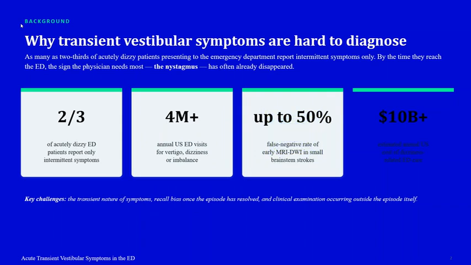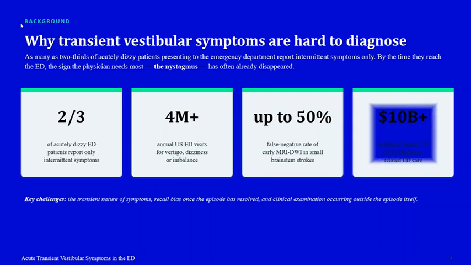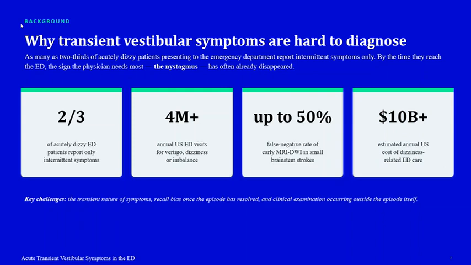Up to 50% false negative rate of early DWI MRI in small brainstem strokes has been documented as per this publication, and the costs are huge, more than 10 billion US dollars estimated US cost of dizziness-related